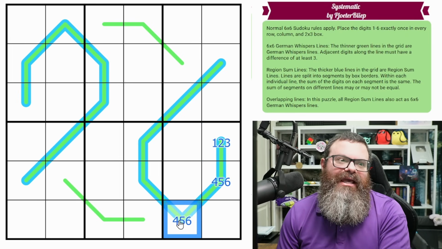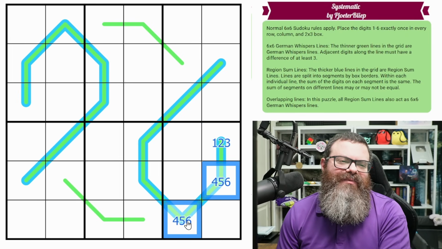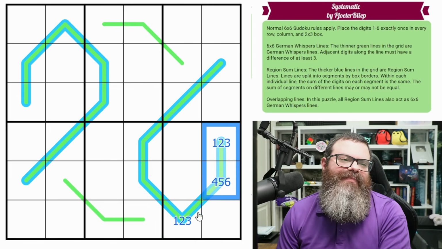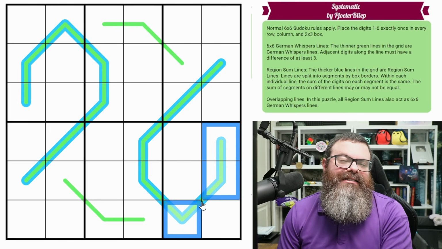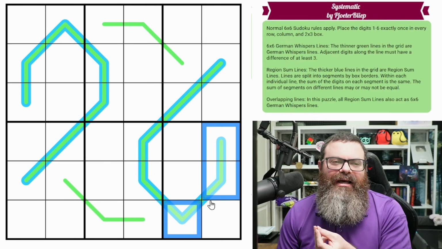Now, once we're high, we can't put another high next to it because it has a difference of at most 2. We've got to put another low next to it. This is by design for German whispers. And so the result is that we always alternate low, high, low, high, low, high, or the opposite, high, low,